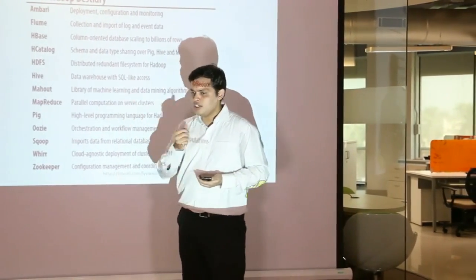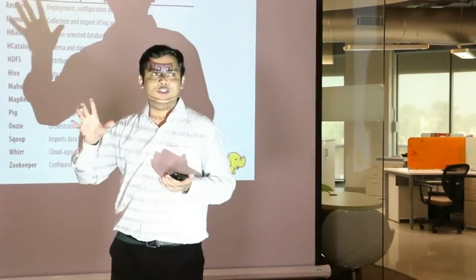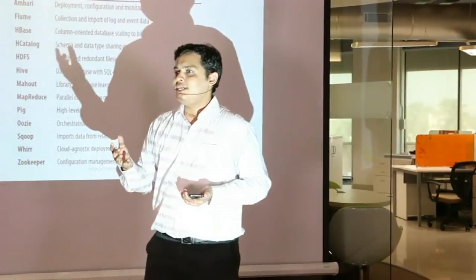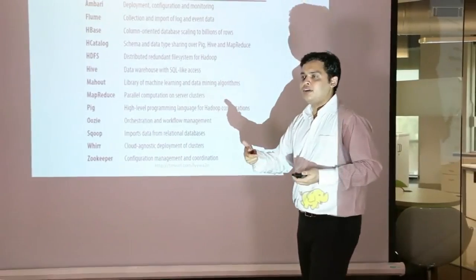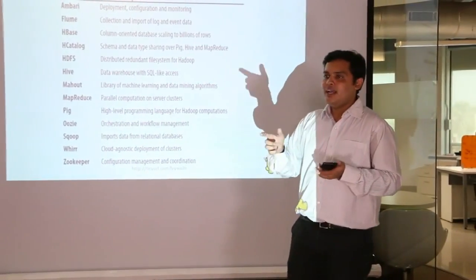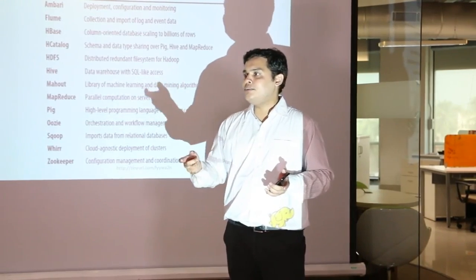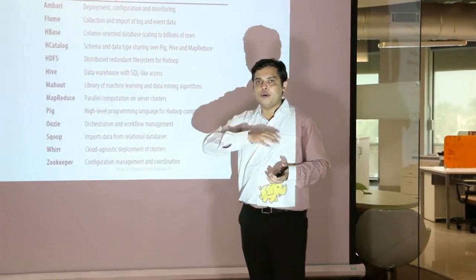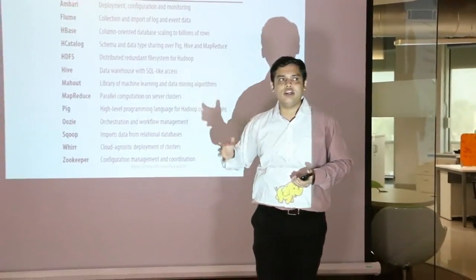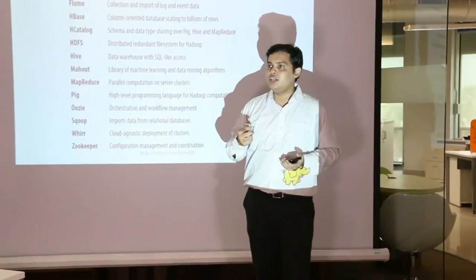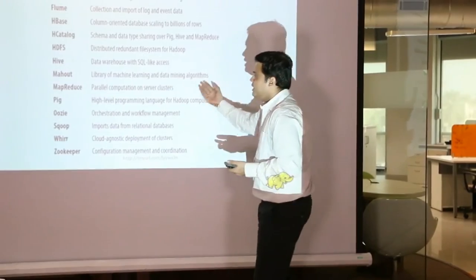Then there is Hive. The purpose of Hive was that you are good at SQL, right? People are not ready to write all those complex jobs. So Hive is basically a SQL type interface. You can write a SQL query and internally it will transform it into a Hadoop job, right? So it's more simple. Because of Hive, more people are easily migrating to Hadoop. If Hive was not there, you would require very good programmers who would code it in quite a detail.